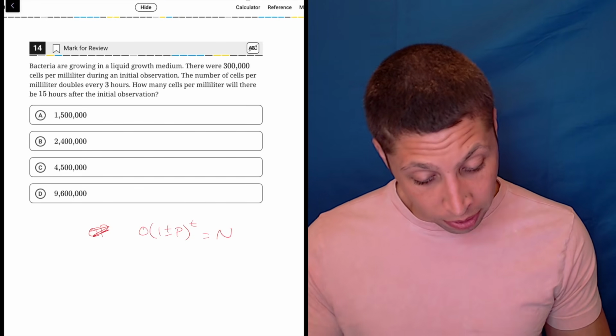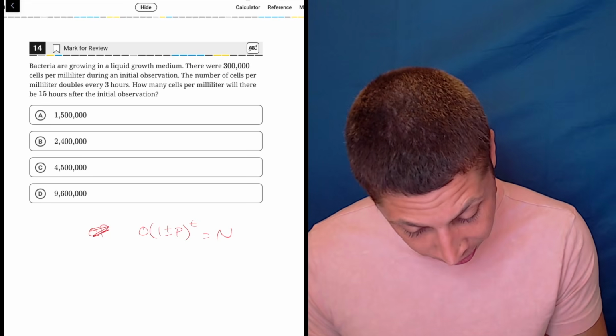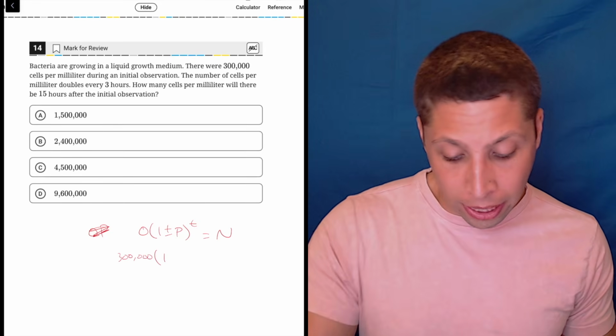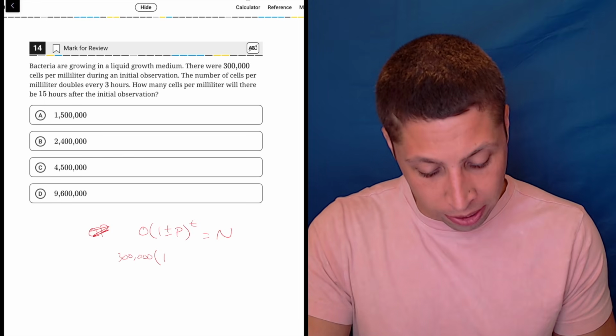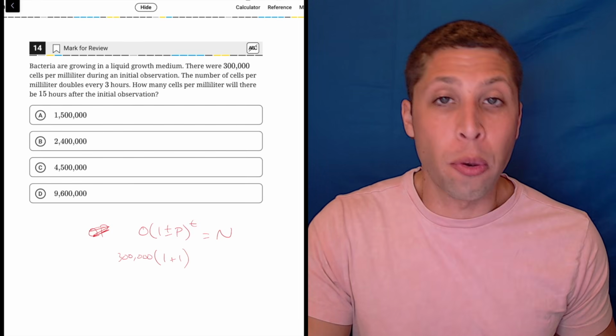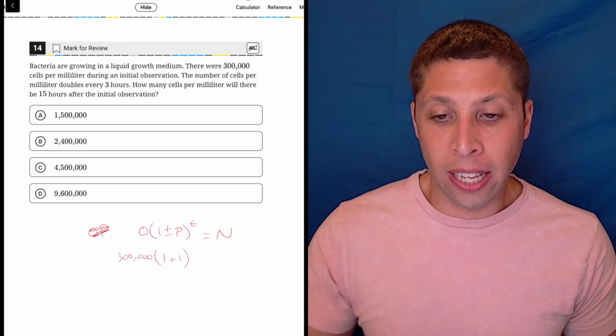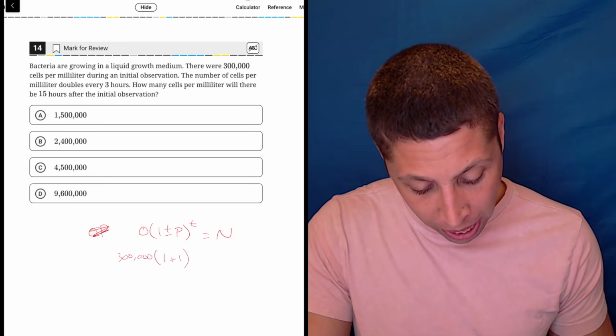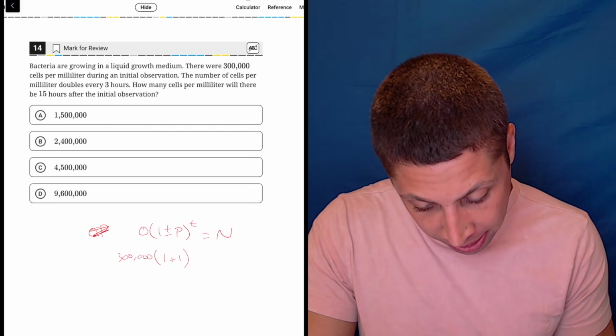We were told the initial observation is 300,000, so that's going to go in that spot. If it's doubling, it's increasing by 100%, so this is going to be a 1 plus 1. Maybe some of you would be more comfortable just saying that the change, that number in parentheses, is 2, so you can do that as well. And then T is,